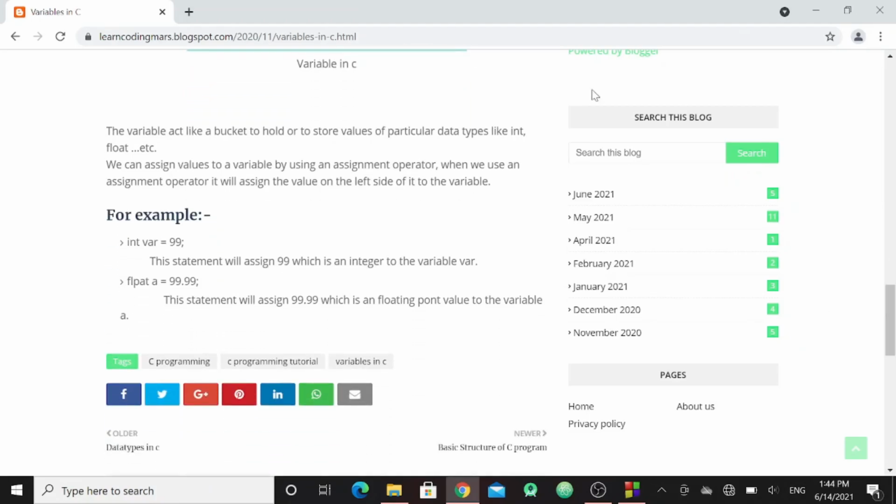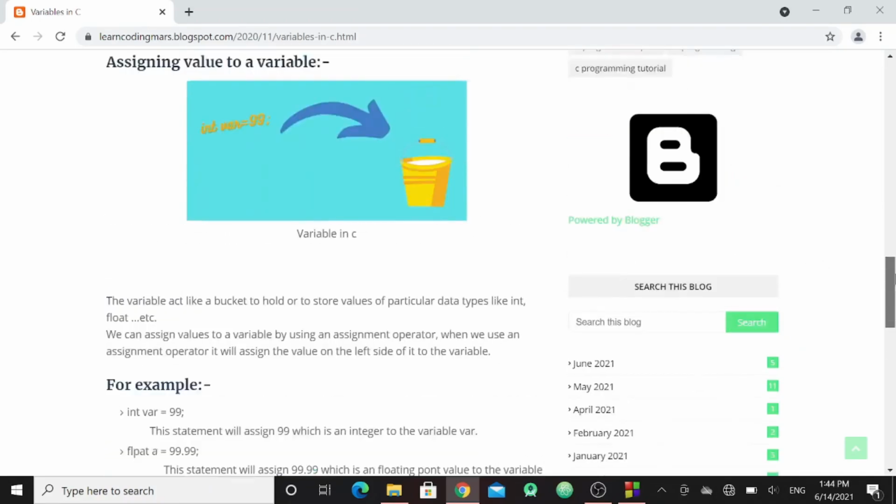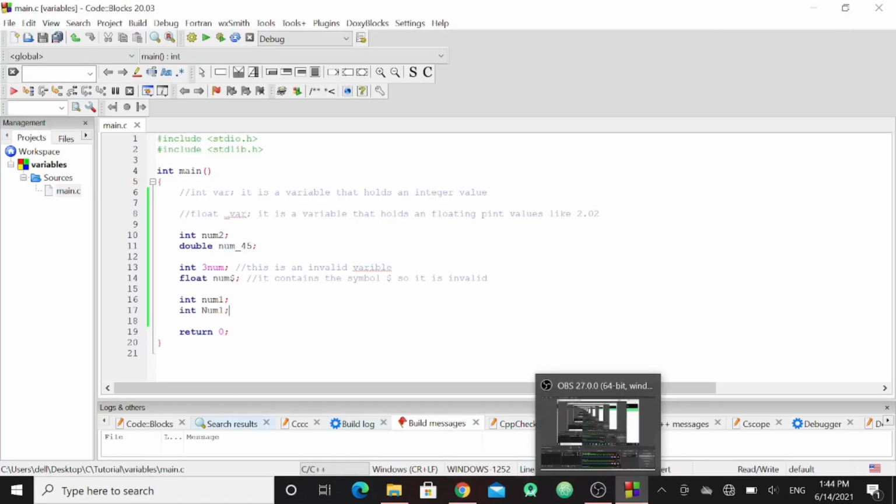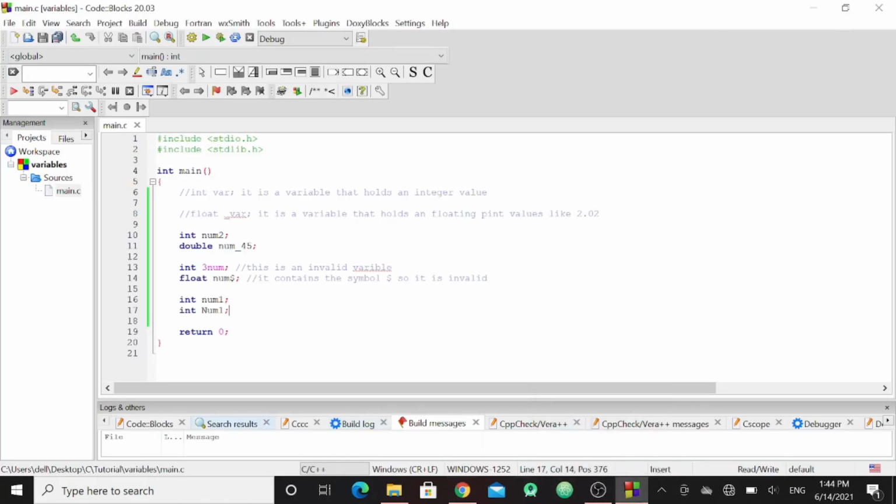Then we'll see how to assign a value to a variable. So let's come to the code blocks. I'll comment everything out.